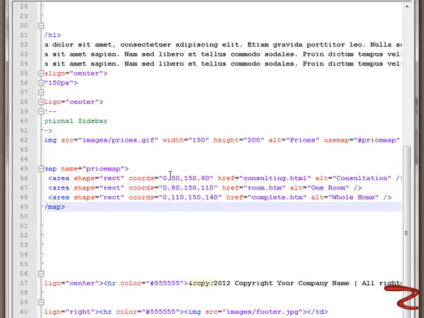So on a rectangle, you're going to need 4 coordinates, but on a circle, you would need only 3. In this case, we're making a menu that's going to be in our sidebar, and we're just mapping off rectangles to use for links. So what I've done here is I've put the coordinates in for the X and Y upper left hand corner coordinates, and then the X and Y coordinates for the lower right hand coordinate, or the lower right hand point. Now let me show you how I got these, because this can be kind of confusing